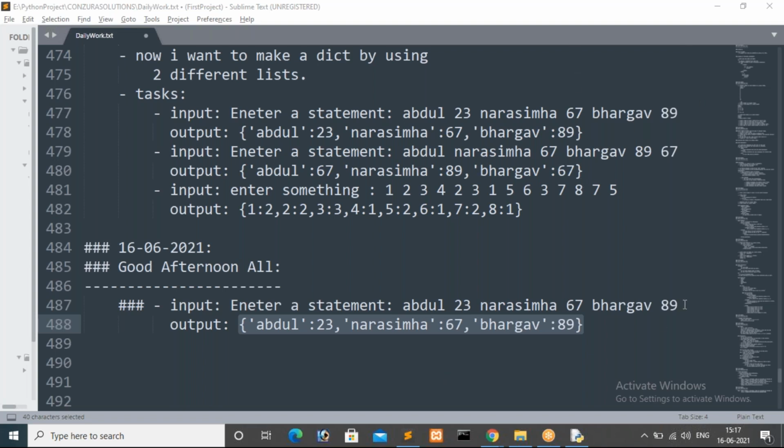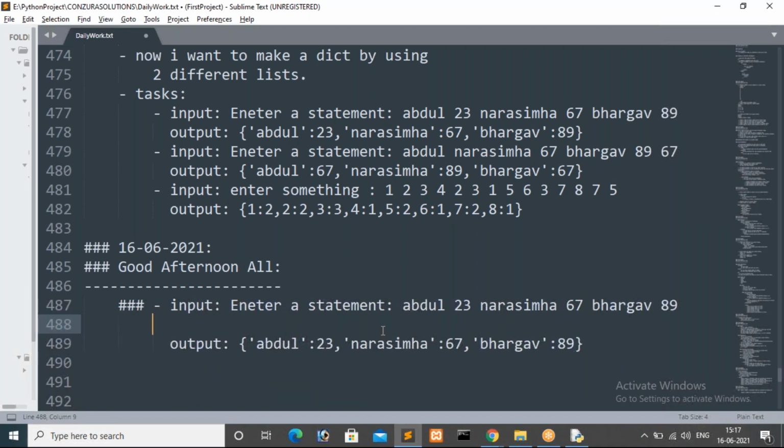Okay, see here. This is actually our input. The user will get the input like this, then we have to print output like this. For getting this result, between the input and the output, we have to do something here. I will write a few steps here. You please follow them, then you will get more clarity. So, the steps I am giving. Step one: first we have to read input. Reading input we already know.